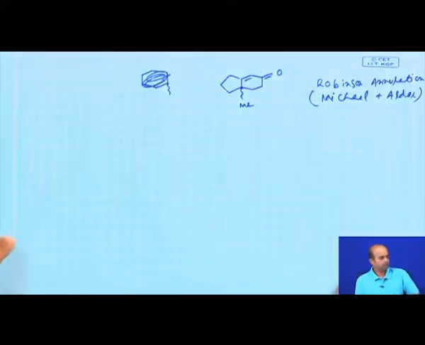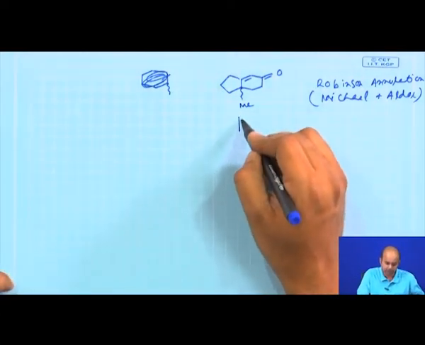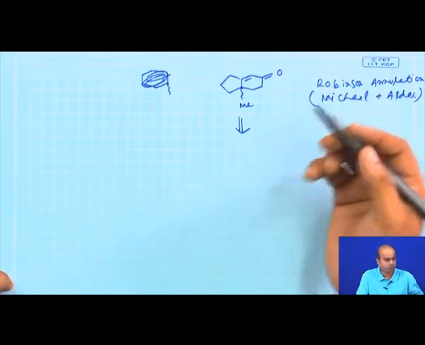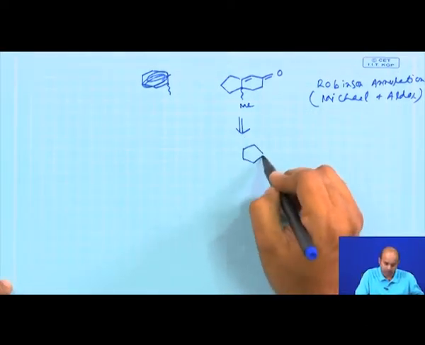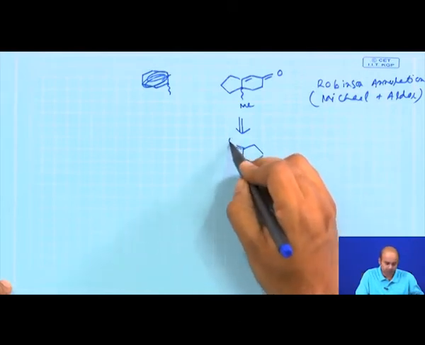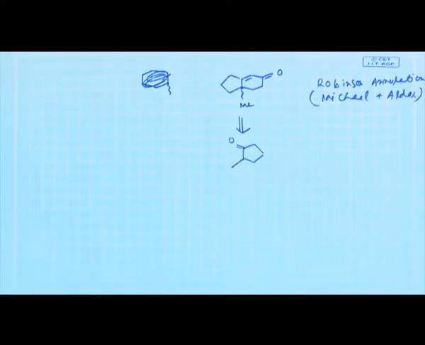Now, here we have given a prerequisite. The prerequisite is you cannot use Robinson annulation. The starting material given to you is similar to the starting material used in the Robinson annulation, and that is absolutely tricky. So, you have to devise another pathway which is not exactly what the Robinson annulation pathway demands. Now, let us try to analyze this pathway.